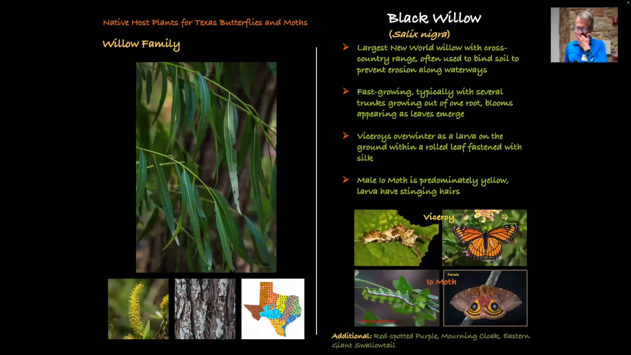In the willow family, black willow is the largest of the willow trees that we have, usually multi-trunked, kind of a weak tree, but fast growing, likes wet areas. A couple butterflies and moths use that. The viceroy is a monarch mimic, looks a lot like a monarch, mainly so that it doesn't get eaten. It doesn't have the bad taste that a monarch gets from eating milkweed,